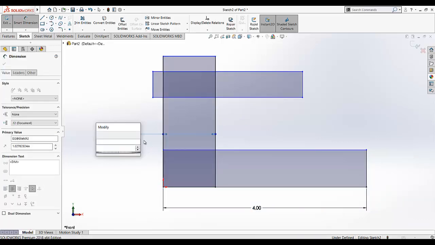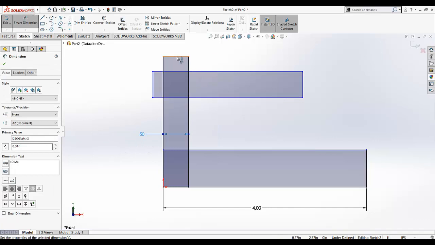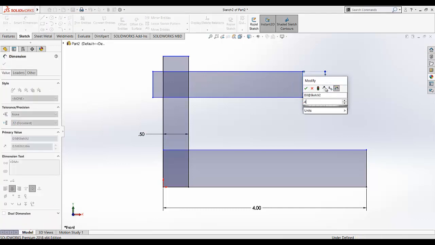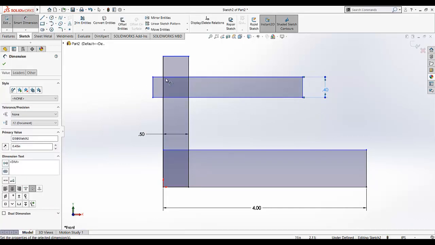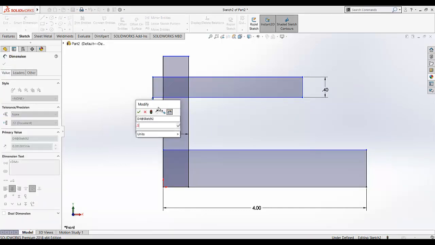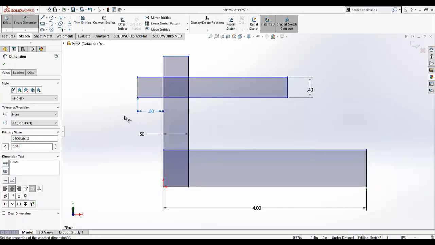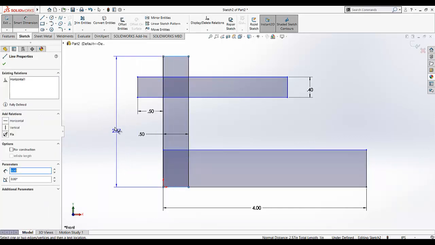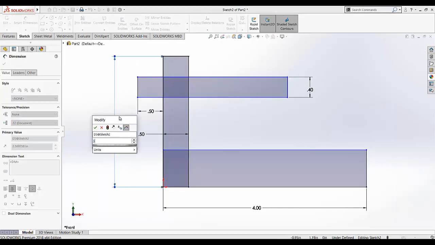This dimension is 0.5, and this dimension is 0.4. We needed to define the position dimension for it. From this line to this line, this dimension is given as 0.5. This height is given as 3.8,